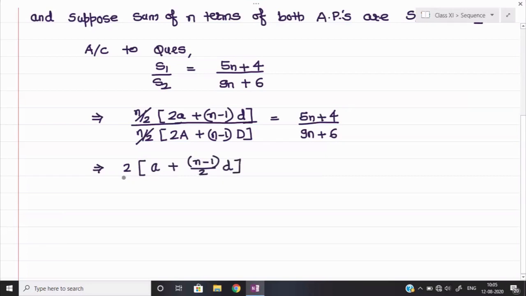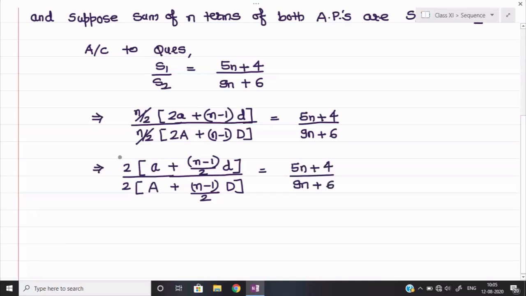And in the same way, the 2 will be taken common from the denominator. So here also it will remain capital A plus (n minus 1) into 2 and then capital D, is equal to the same right hand side. Right hand side I am not making any changes, so it will be the same as it is. Again you observe here, when I have taken 2 common, 2 and 2 will be cancelled. So this is remaining. This I can say is my equation number 1.